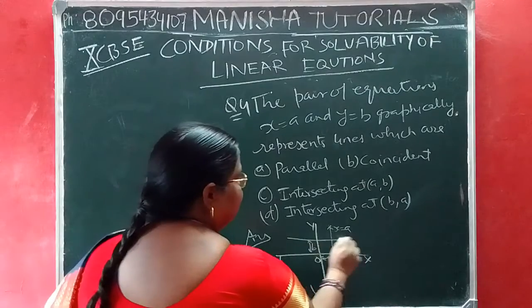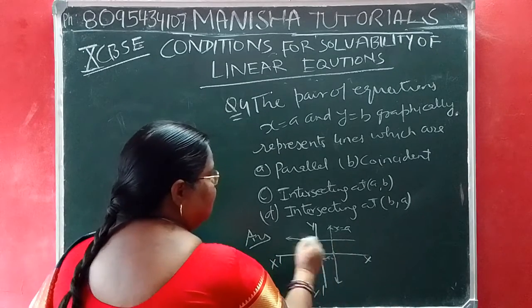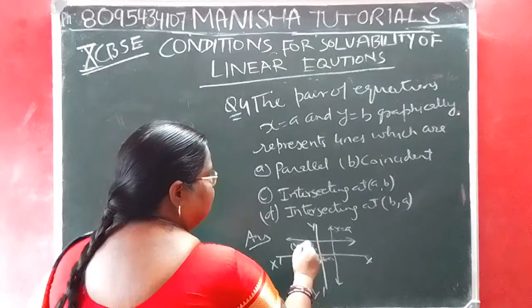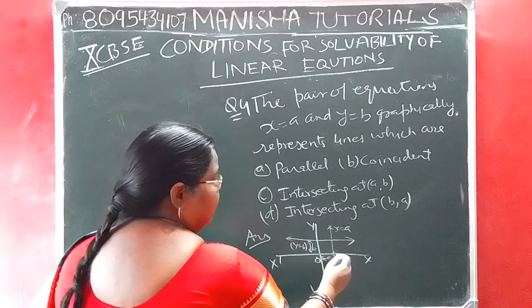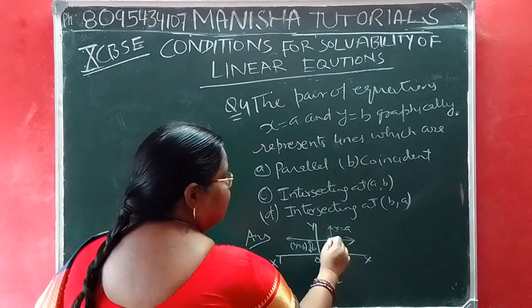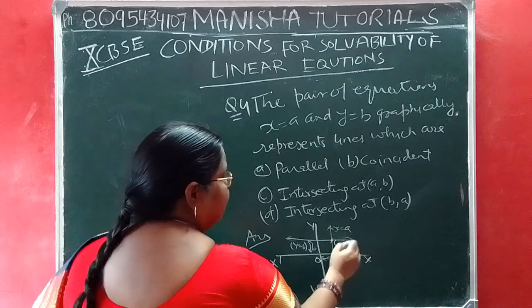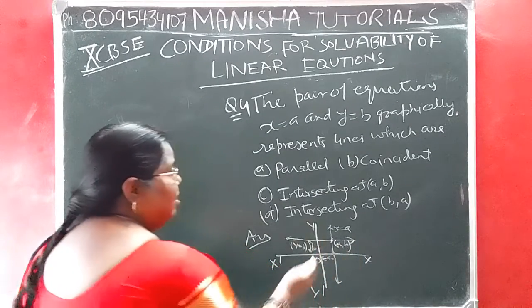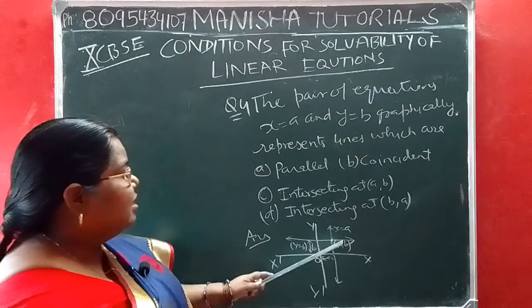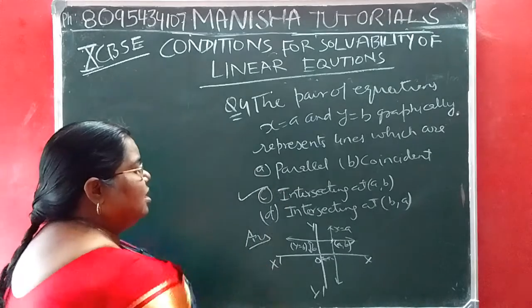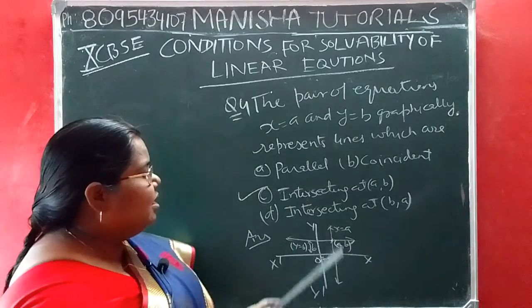Then the equation of the line will go like this. This will be the y = b line. From here to here is a, and from here to here is b. So you can write here the intersecting point a, and here the vertical distance b. So both lines are intersecting at (a, b). Third option. Why not draw the graph honestly?